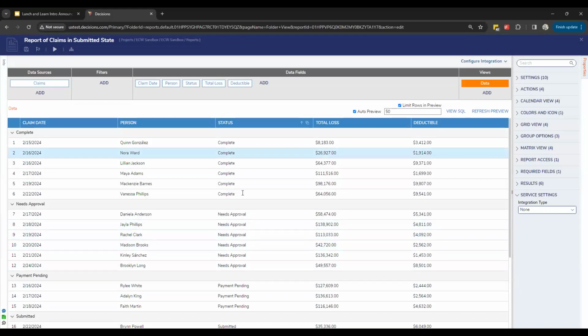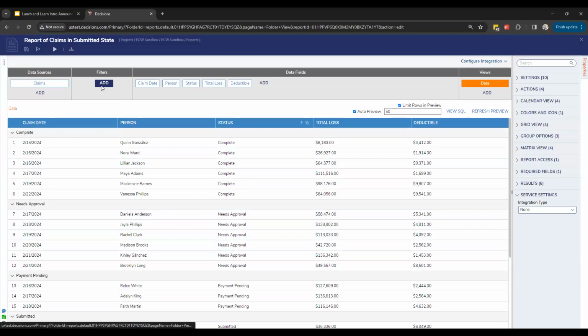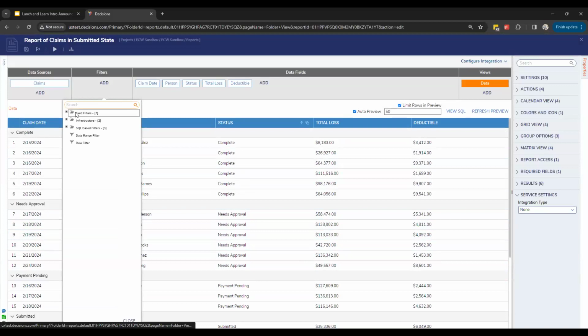So if I want to limit what's shown in a report, you do it with filters in the top bar here. Filters can be run on any individual field that exists on the data structure. They could be run against where it lives in the Decisions portal or its infrastructure in the Decisions platform. So this is important for things like folders and entities. Or I can even write my own filter based on a rule. So I can write a statement rule that would filter and change data on my report.